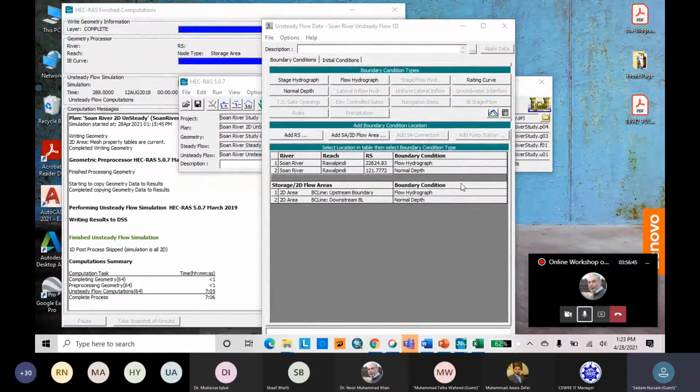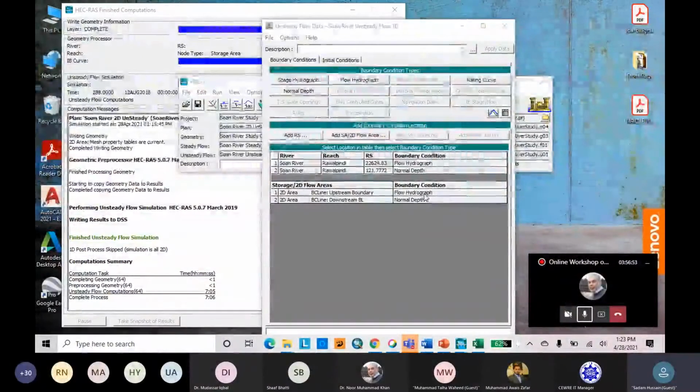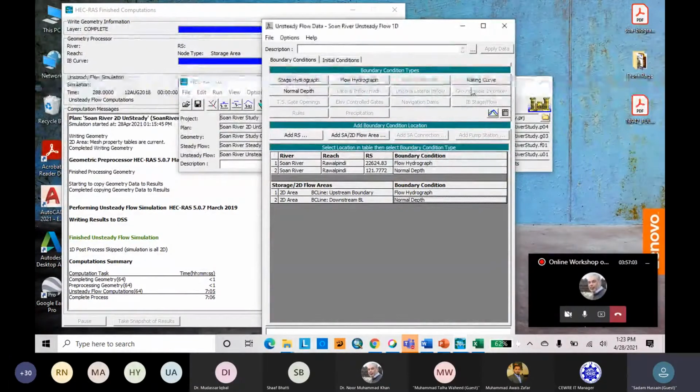The boundary condition basically represents the upstream condition which you want to simulate in the 1D unsteady and 2D unsteady modeling. If you provide the stage hydrograph, they can compute the water surface profile from the stage hydrograph, and at the downstream, if you provide the rating curve... Sir, for example, we are talking about the upstream boundary condition. Which option best suits us? Which one would you recommend for our simulation purpose? Either flow hydrograph, or stage hydrograph, or normal depth and rating curve. Which one is best for us?